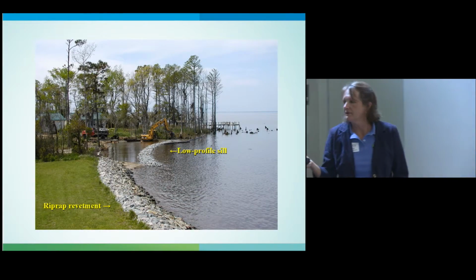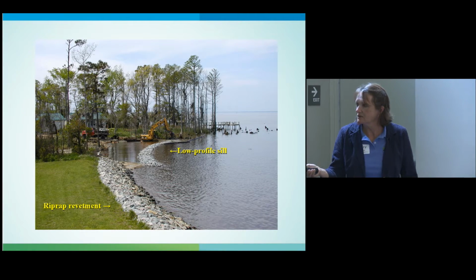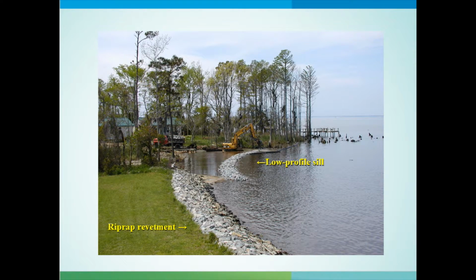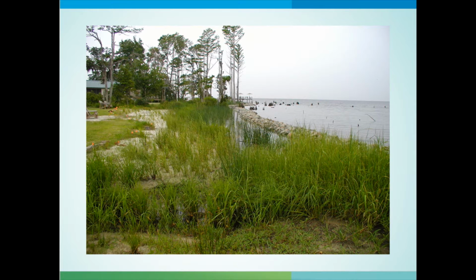Off of the soapbox. This is a project up in Columbia on the Albemarle Sound. I put this in here, number one, because you get a nice look at what a sill looks like relative to a revetment. This is bald cypress shoreline, so fair amount of erosion here from boat wakes. And the reason I want to put this in here is I want to show you that you can work in these freshwater systems and get a really nice